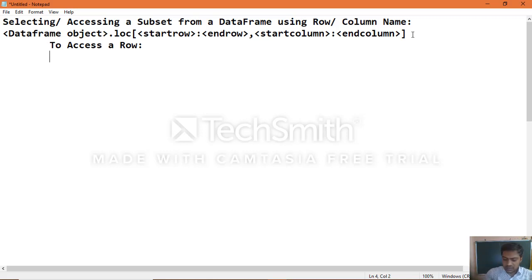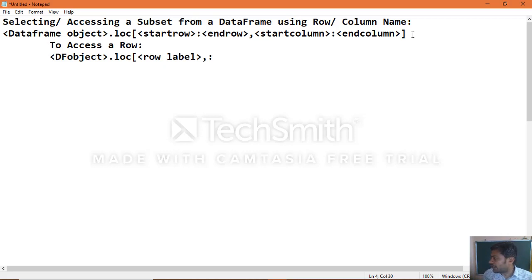The syntax is: data frame object dot loc of row label, comma, colon.